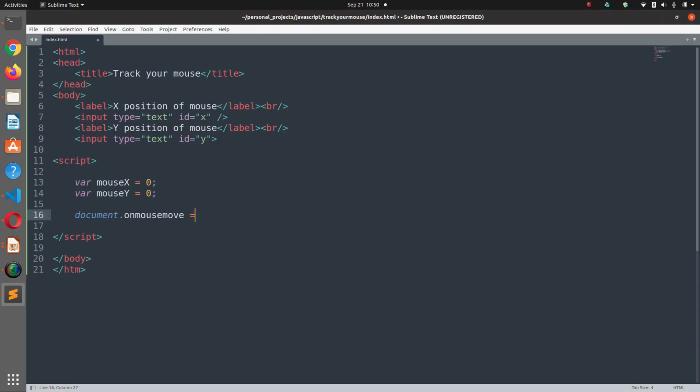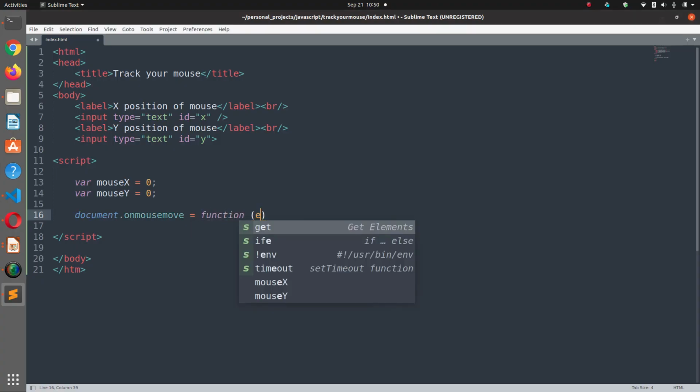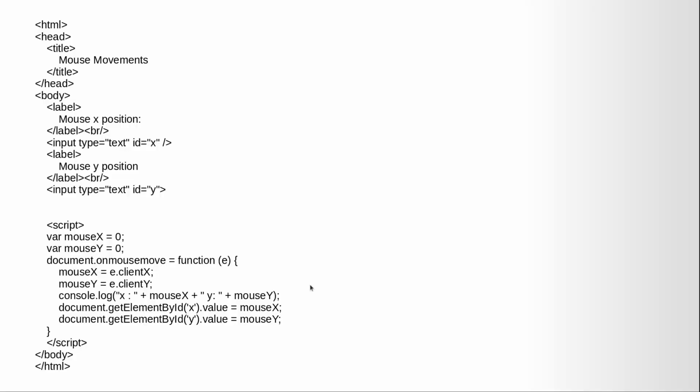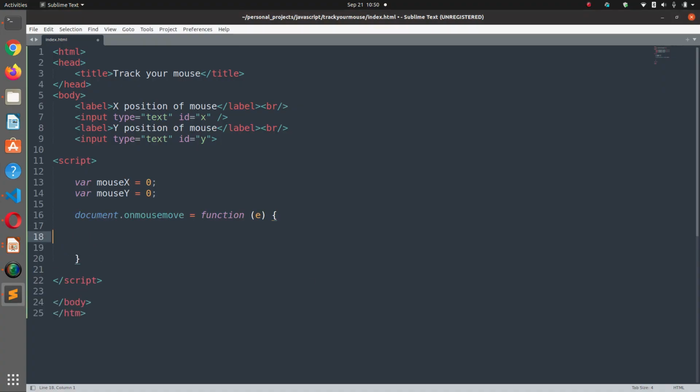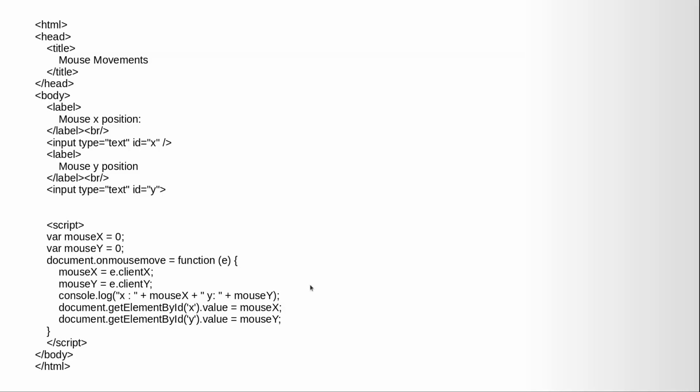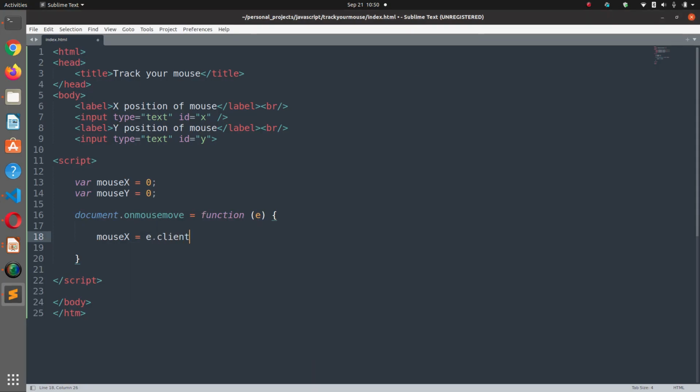This is an event, so whenever the mouse moves on the screen within the browser, it captures its position. So we want to store it into e.x, and similarly mouse Y, e.y,